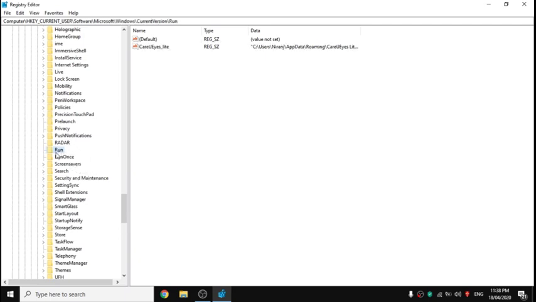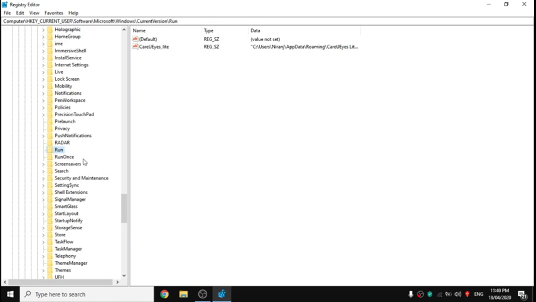Run. You can note the folder address from here. Make sure you use this app very carefully. You don't want to end up deleting some files which were really important to the system.